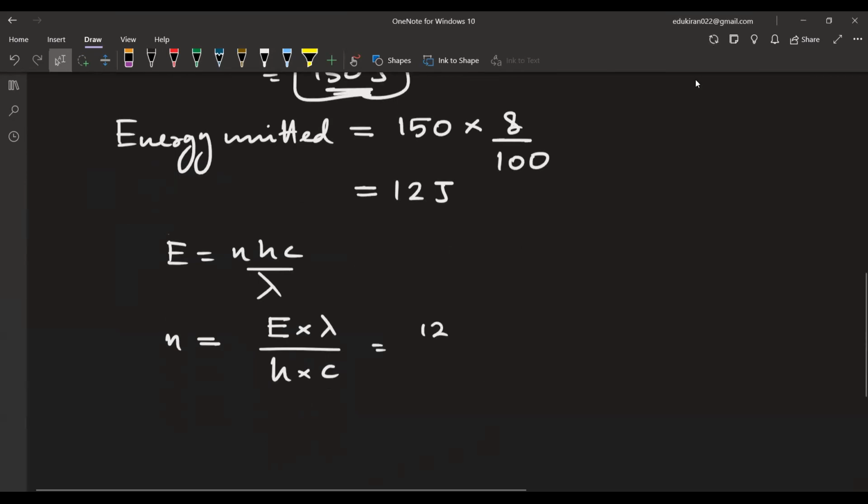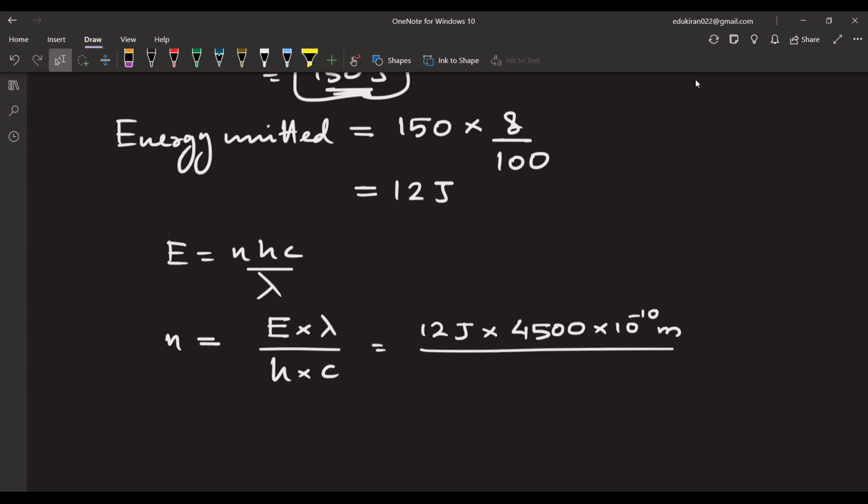Energy is 12 joule into lambda, which is 4500 into 10 to the power minus 10 meters, divided by h, which is 6.626 into 10 to the power minus 34 joule second, into the speed of light, 3 into 10 to the power 8